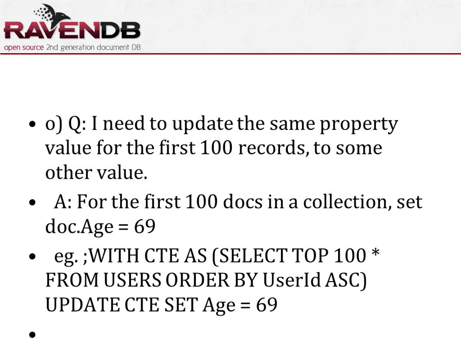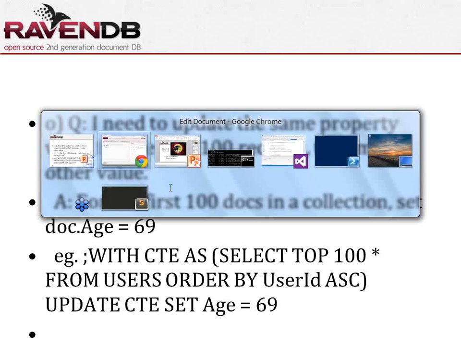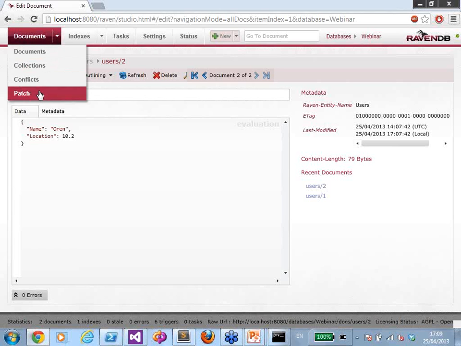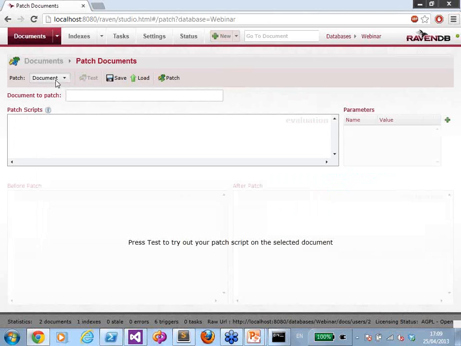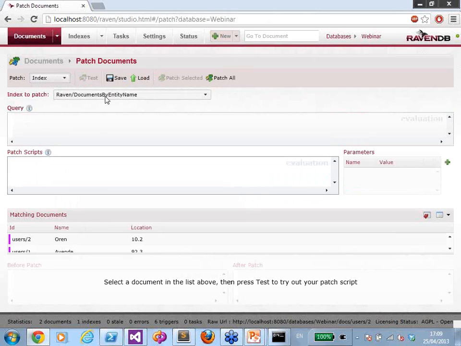For example, I might say that I want the user ID to be less than something. If I want to do that, I can do it using a patch and by using an index. So in this case, I can say something like document ID, I don't know, something, and that would work. So in this case, what I could probably do is user ID